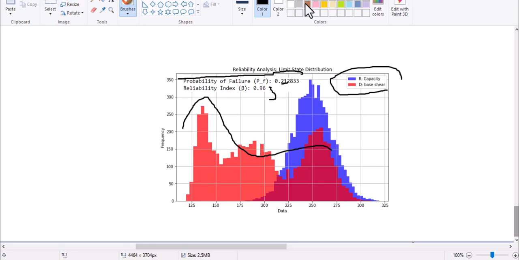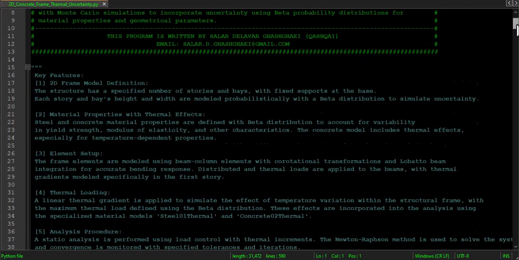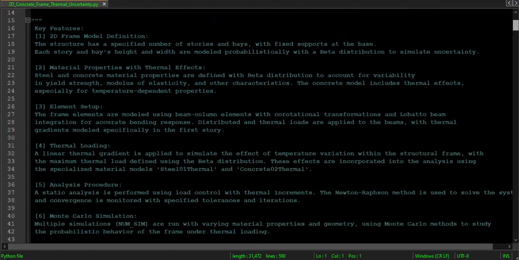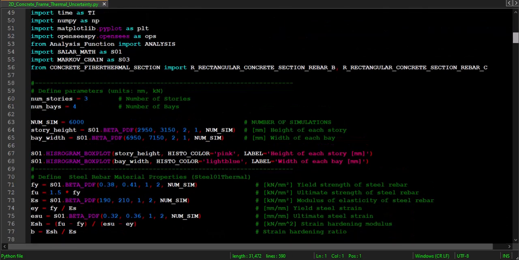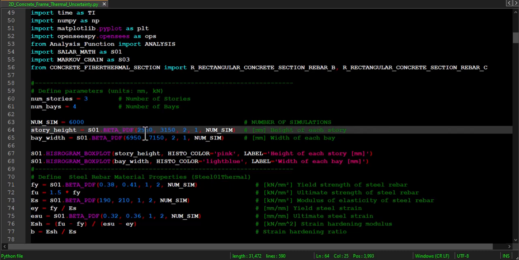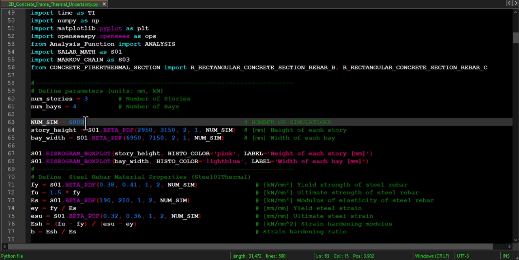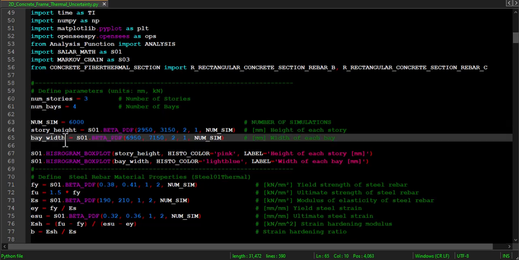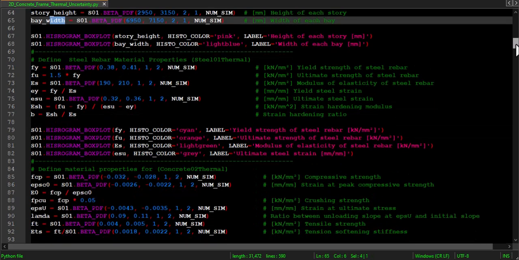So let's see the OpenSees file as a Python code. So you see that in here we're going to develop the story height as a beta distribution function from minimum and maximum with this alpha and beta, and number of simulations, which I told you, with 6,000 simulations for story bay, and also